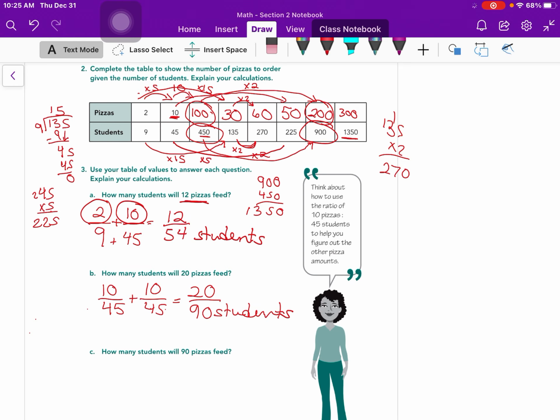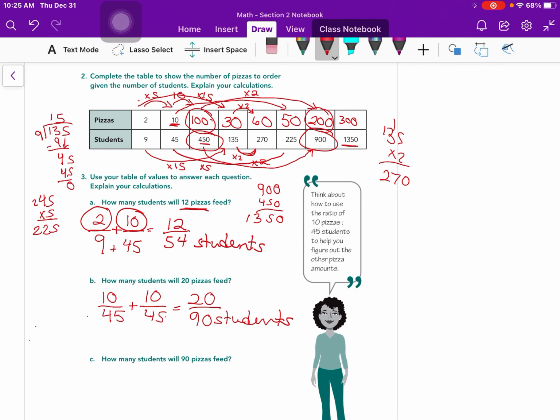And finally, how many students will 90 pizzas feed? This one might be a little trickier. Let's see. Could I go with my ratio? I like to work with the tens. I could use some different ones, but let's say 10 pizzas serve 45 students, and I have 90 pizzas. So if I times it by 9, 10 times 9 is 90, that would be 90 pizzas. And 45 times 9 would be